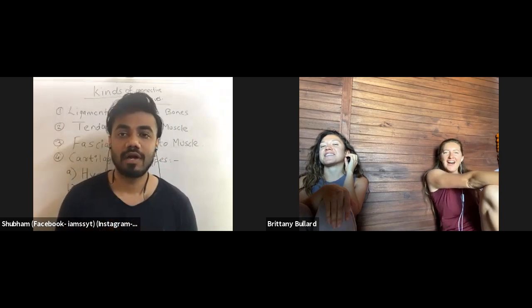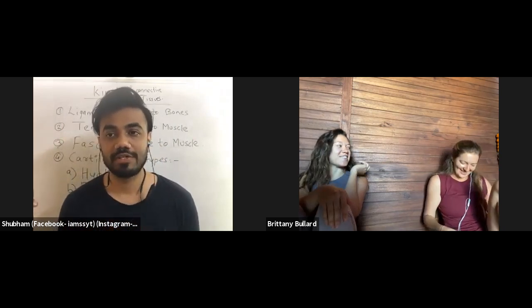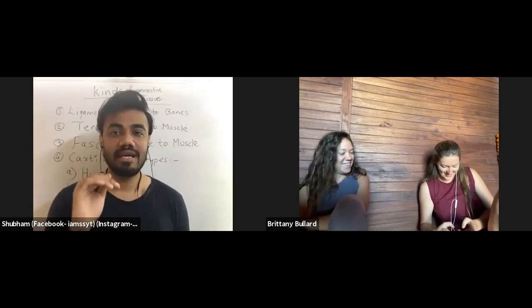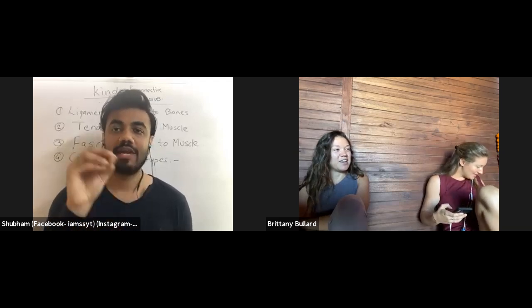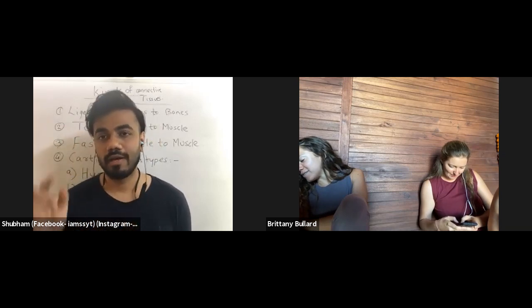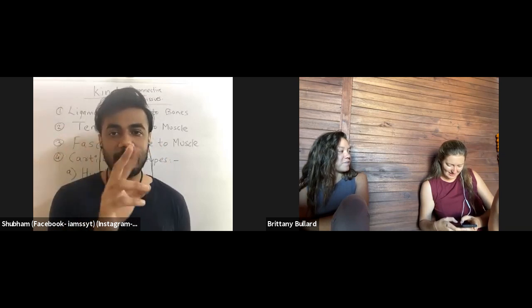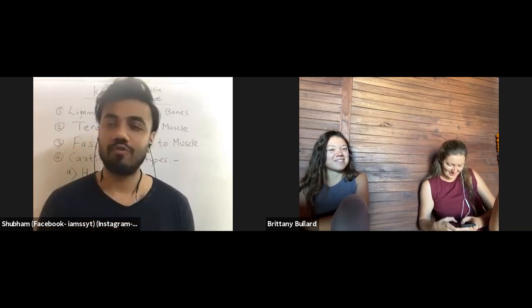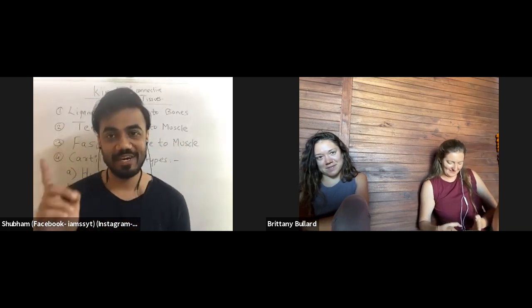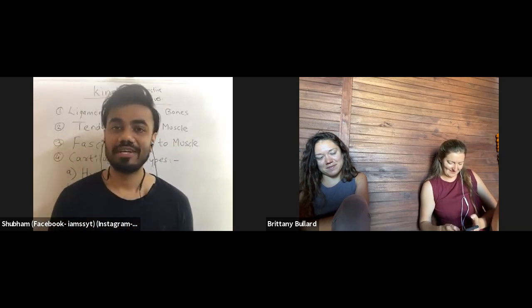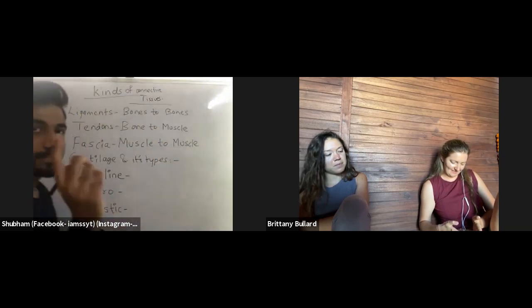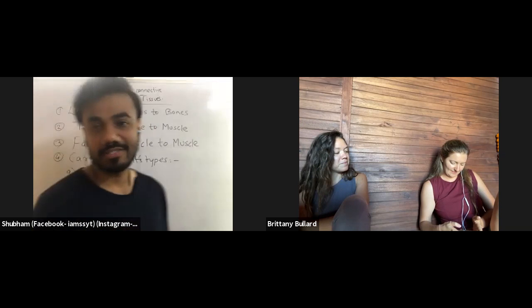So that epiglottis is a flap of connective tissue, nothing but our elastic cartilage. That flap of tissue will send our food to the food pipe and send the air to the windpipe. So we have these two pipes, windpipe and food pipe, and the epiglottis controls this. Whenever you eat your food, the epiglottis will send it to the food pipe without asking you. So it is an involuntary tissue in your body, which is not controlled by our mind. That epiglottis tissue is also made up of elastic cartilage.